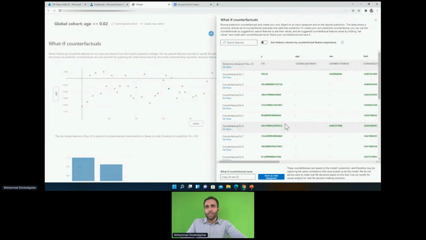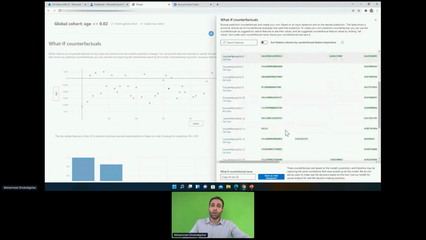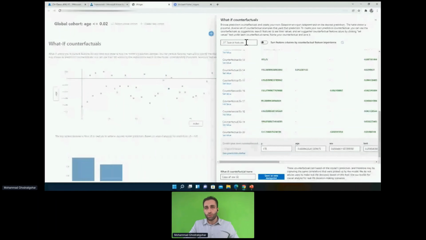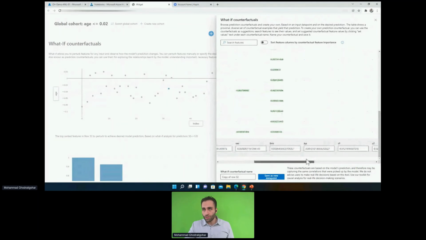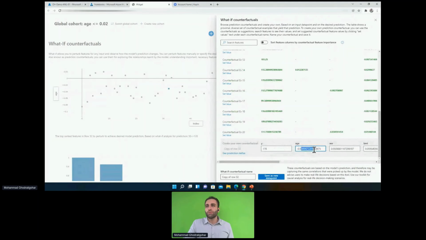So again, this is a very powerful tool to give me an idea of what minimum change can be made to totally flip the prediction. And if you want more customized counterfactuals or what if scenarios, here you can play around with all the features that we have. Just change one feature, change two features to any value that you want, to see what the final prediction is going to be. For example, the current prediction is 188.